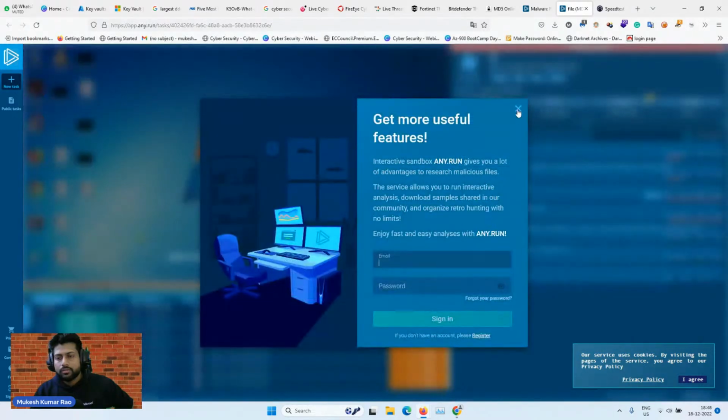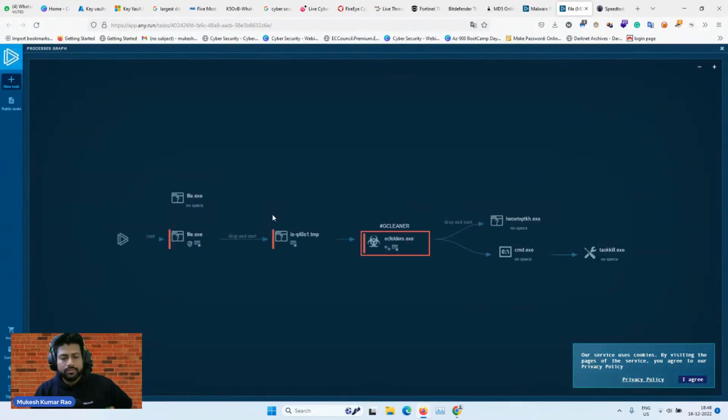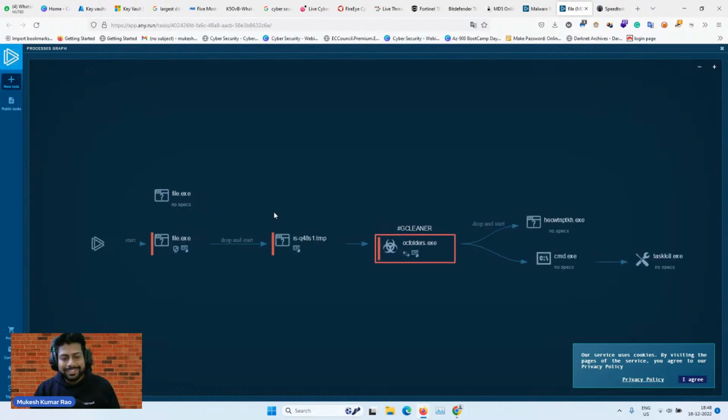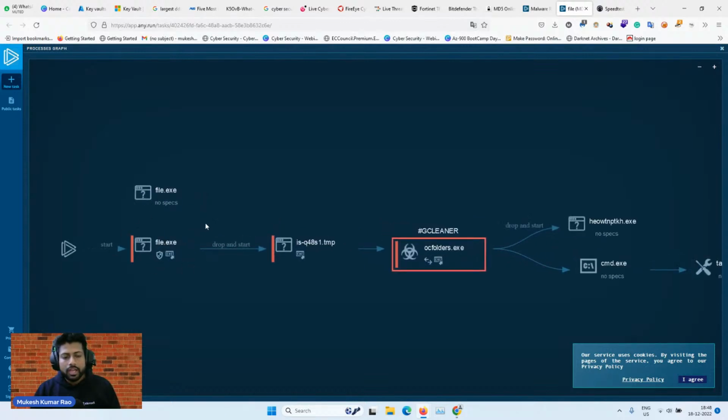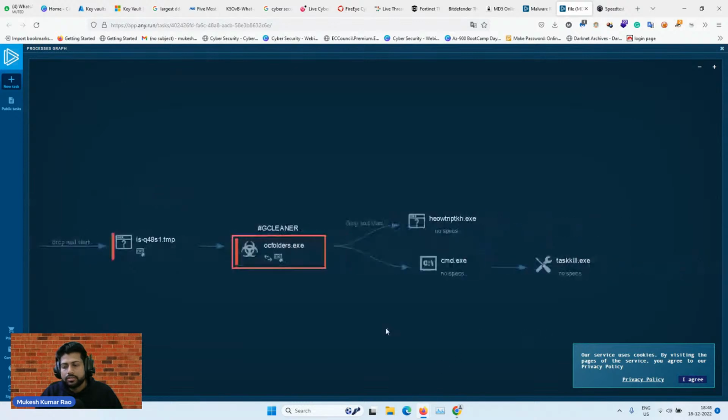You see, here you can see the process graph. When you start that malicious file, it starts, and it also creates a backend file, and then it is converted into the malware. It is like CCleaner, if you have heard about it. That is also a Trojan malware software that we use. It shows that you can clean your system properly. It will clean your RAM or storage when you use it. But that is also a kind of malware. So that kind of file converts this way, and that is how it works.